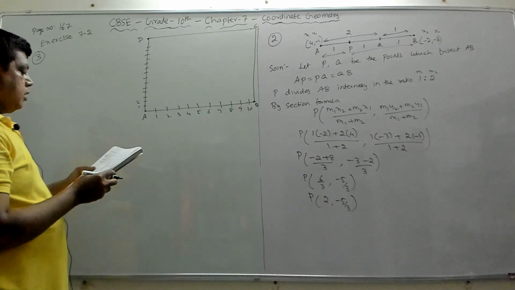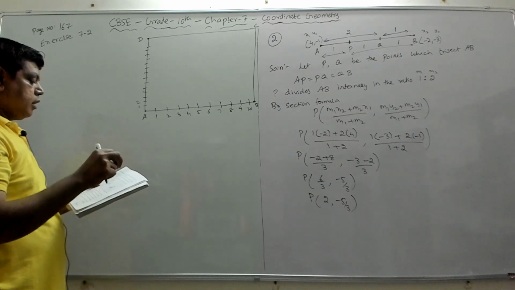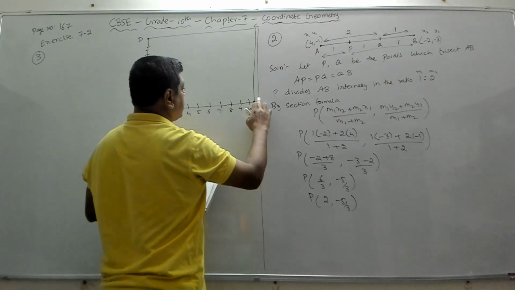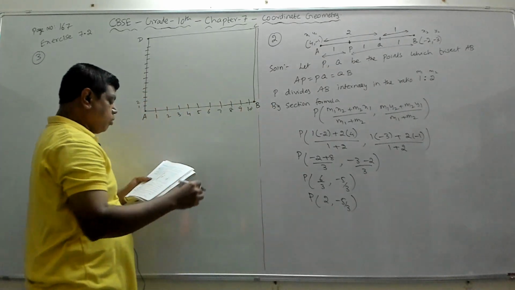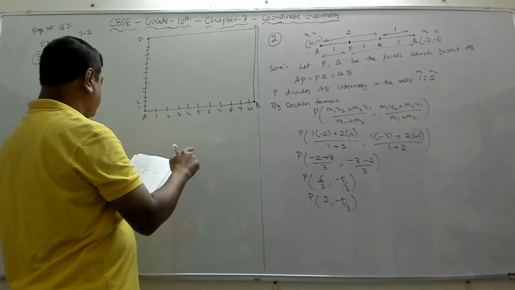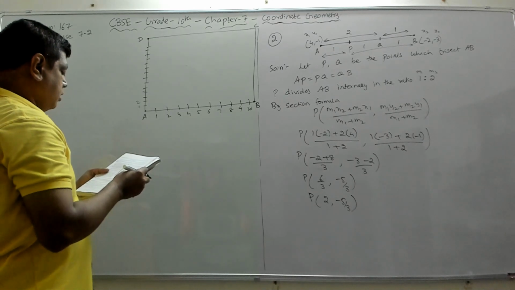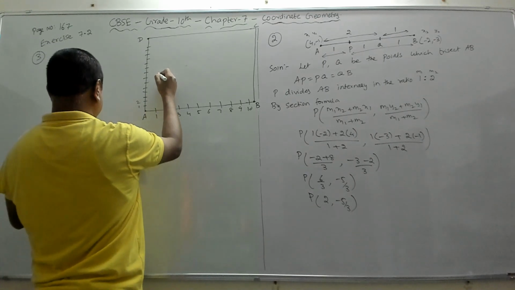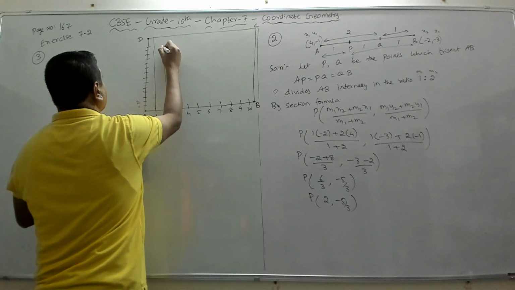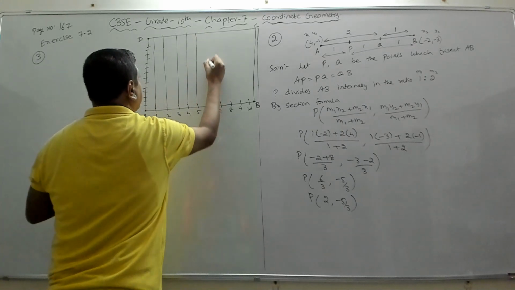Now, I'm reading the third question in exercise 7.2. To conduct sports day activities in your rectangular shaped school ground ABCD. So there is a school ground, rectangular shaped ground ABCD. Lines have been drawn with chalk powder at a distance of 1 meter each. So they have drawn the line using chalk powder. Straight lines have been drawn like this.